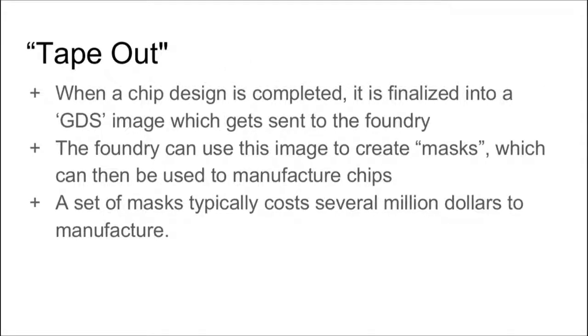So once you have your chip laid out and all the optimizations in place, you're ready to go, you do something called tape out. You produce something called a GDS, which is like a bunch of images. Your chip is a bunch of layers, and so you'll have a different image for each layer of the chip. That image is something that the foundry can turn into